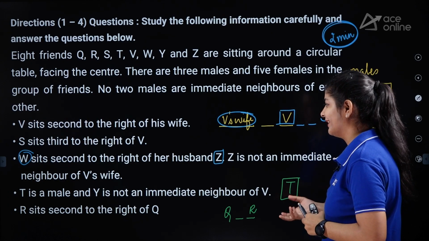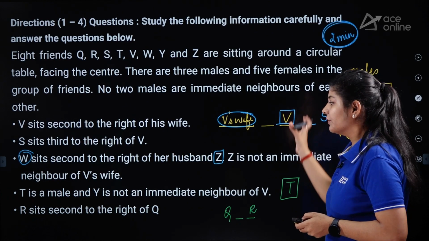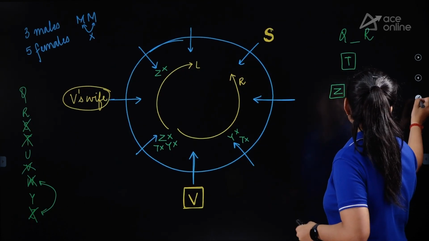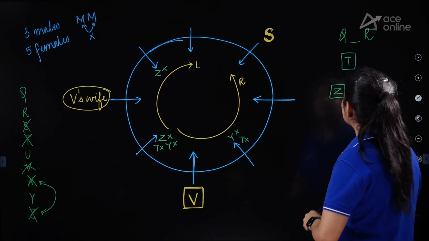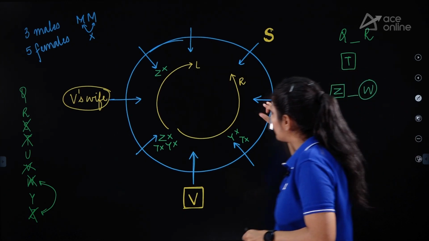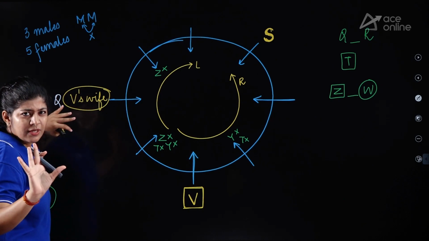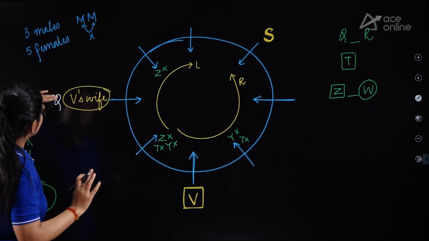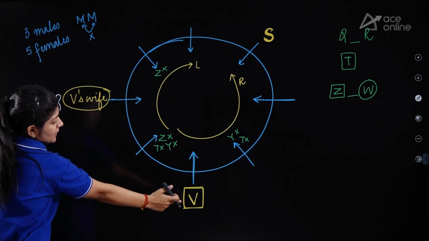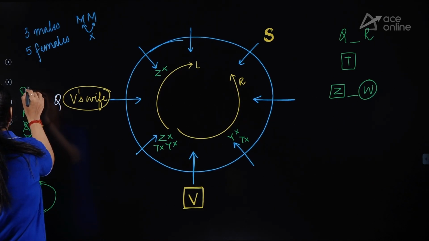No, we don't have any other specific details, but we have to check it now with the help of the arrangement that we are having. Okay, so now let's start putting in the data that we are having. Let's suppose Q is the female, Q is the wife of V. Now the position of R should be this one, so we can't place it over here. So Q is not the wife of